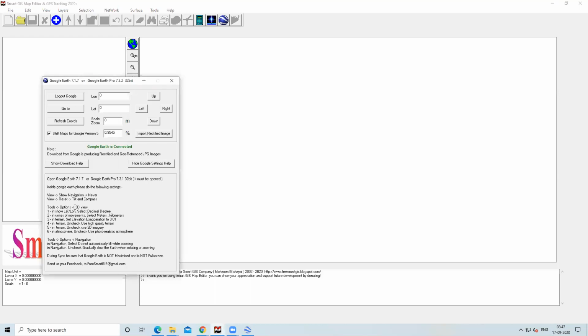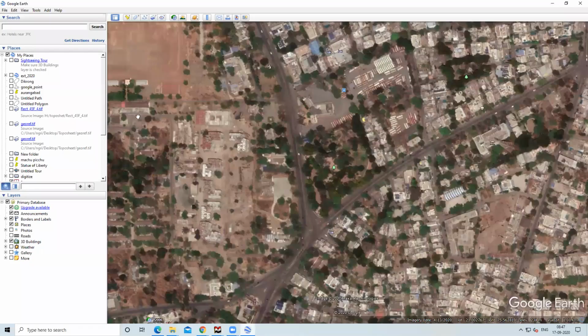Then you need to go to Tools, Options and 3D. In 3D, for lat long we should select decimal degrees, our units must be meters and kilometers, and terrain elevation exaggeration is 0.01. Then uncheck use high quality terrain and uncheck use 3D imagery, and in atmosphere uncheck use photorealistic atmosphere.